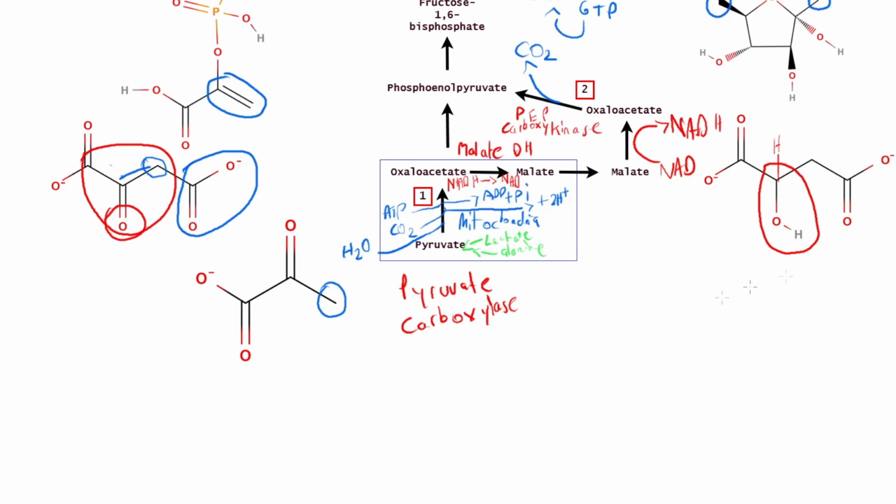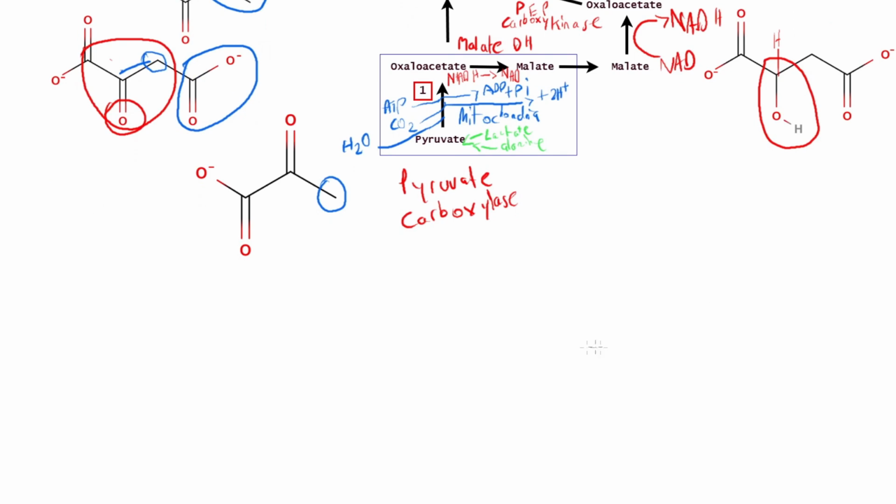Now let's look at the overall reactants and products. So keeping in mind that we do everything twice until the fructose 1,6-bisphosphate, because you need 2 pyruvates to make 1 glucose. Remember, we used 1 glucose to break down into 2 pyruvates in glycolysis, so we do the opposite now. We need 2 pyruvates because each pyruvate has 3 carbons, and glucose is a 6-carbon molecule. So everything we do twice. So beginning with pyruvate, we have 2 pyruvates